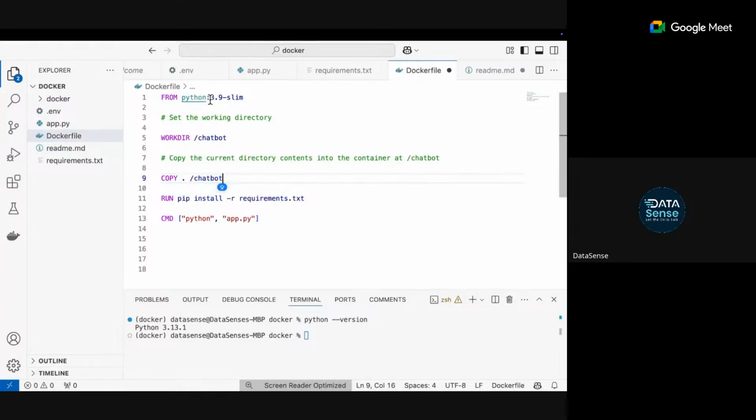We said first download Python, create a folder in the Docker container or image, then copy all the files from my folder to Docker, then pip install, and then run the application. Clear, guys? Tell me if you have any doubts. I need just 10-15 more minutes, then we can stop the session.